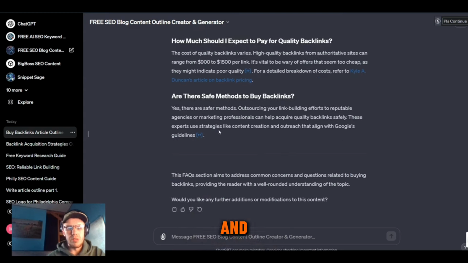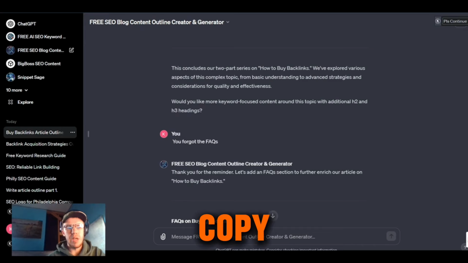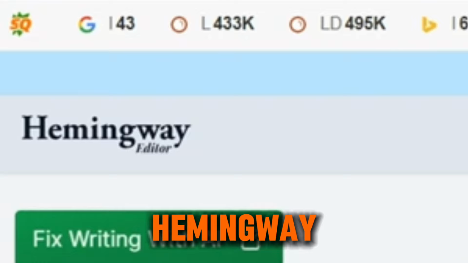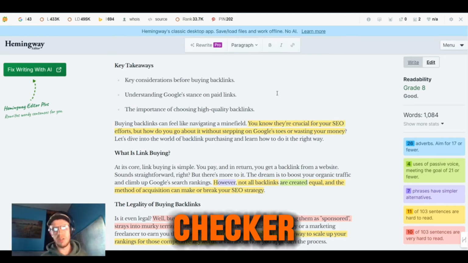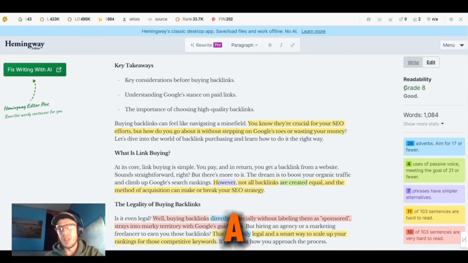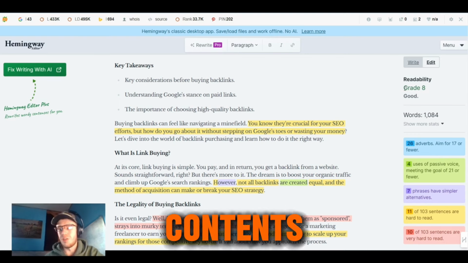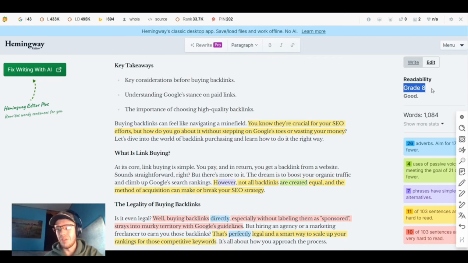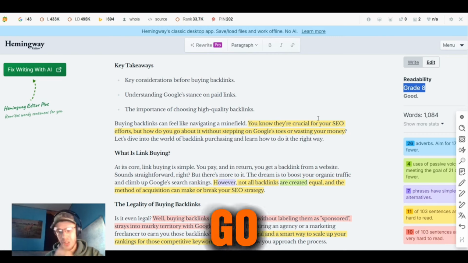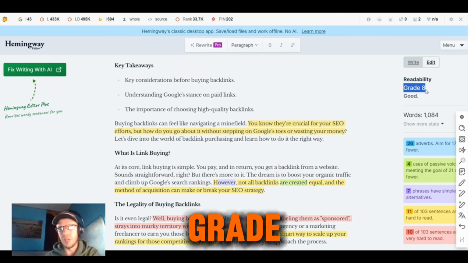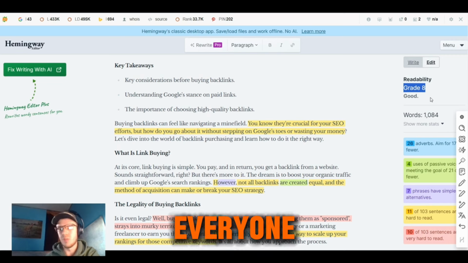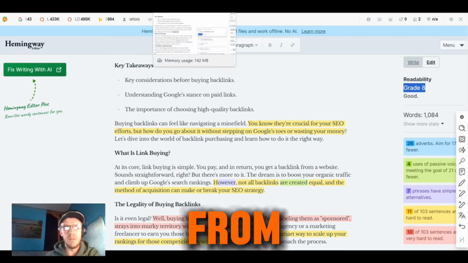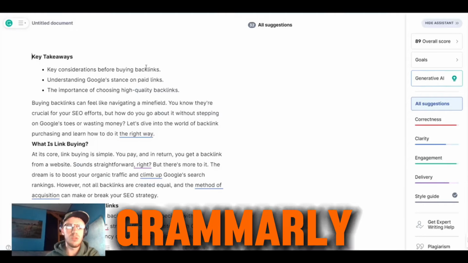So what you're going to want to do next is copy each one of those sections and then take it over to Hemingway. Hemingway is a readability checker. This one it actually did a great job on, since the content straight out of ChatGPT is a grade level 8, which, like I said, is normally a 12, 13, 14 reading level. Once you get everything down to a grade level 9 or below, which is what everyone recommends,